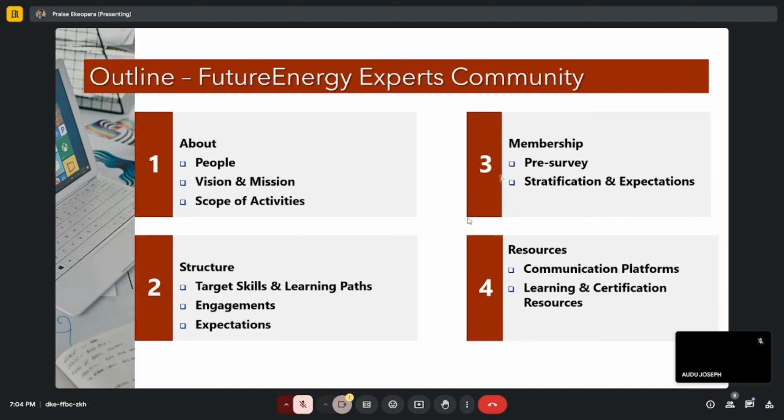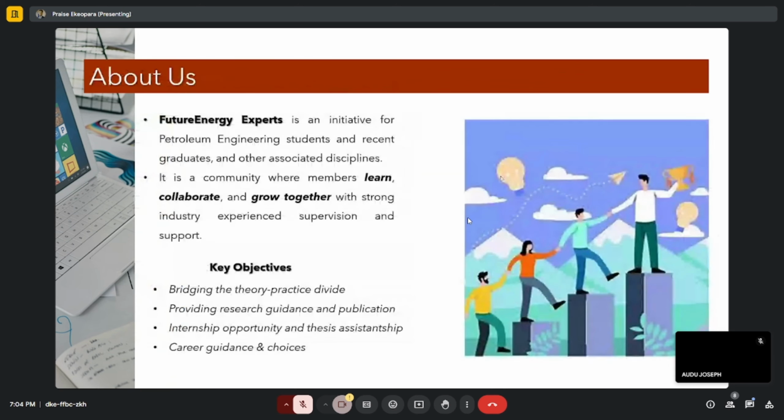Then after which we equally walk you through the membership, the pre-survey strategy, the stratification, and the general expectation as well. Then we'll move straight on, concluding with the various resources that would be obtainable within the community, which will cover the communication platforms and the learning and certification resources as well. So moving straight on,